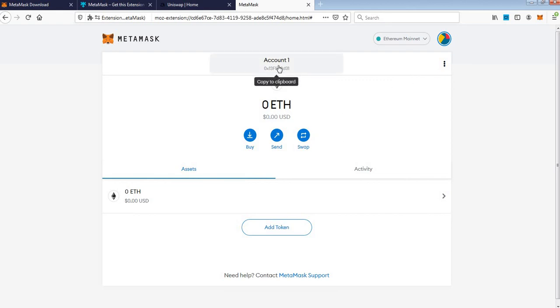This is your address. If you are going to send some Ethereum to this wallet, just click here and paste this address to your other wallet or exchange from where you are sending Ethereum. Okay, when you finish that, go to